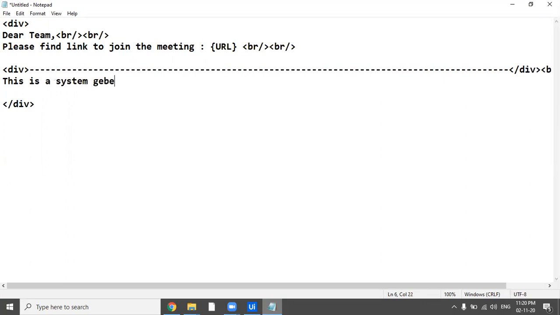Inside that we'll write "This is a system generated mail, please do not reply." That's how you get any automated reply, so I'm just trying to copy that. Another div, let's write "Regards", and obviously break lines here.